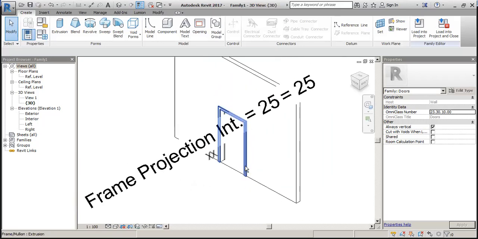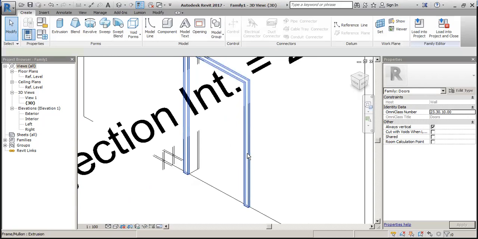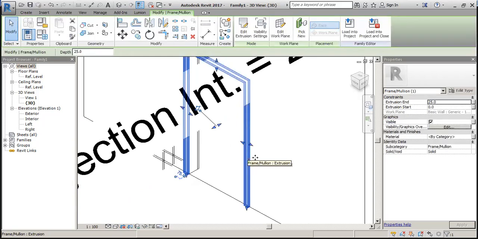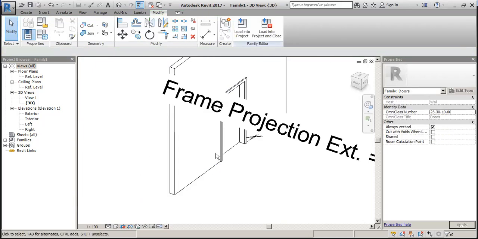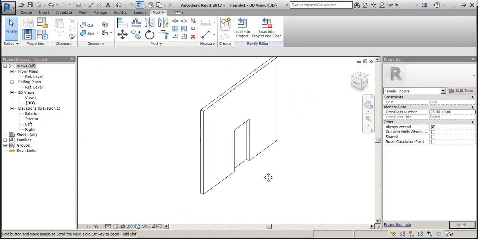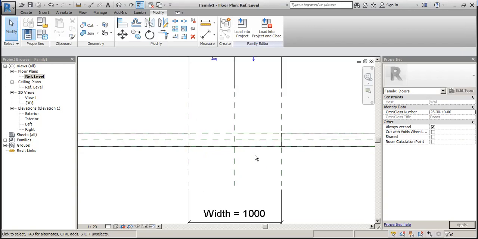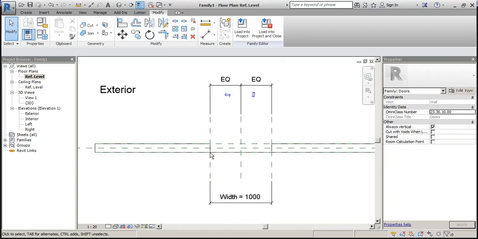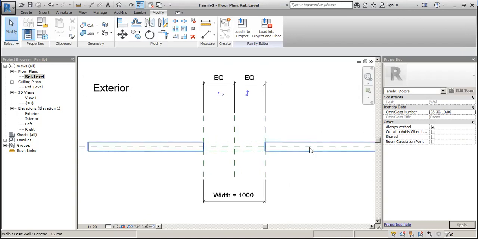So we want to create our own parametric door. So we will delete this. So I selected this one and I deleted this one. Rotating backside, and I also delete this one. So come and see in the plan how it looks. Now you can see that the wall and the opening. So what next? We have to create several references.